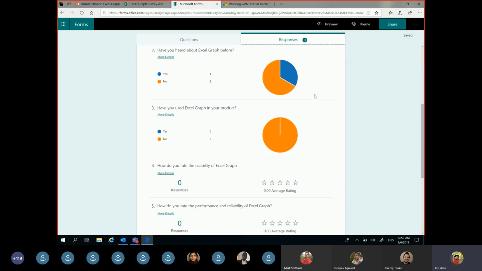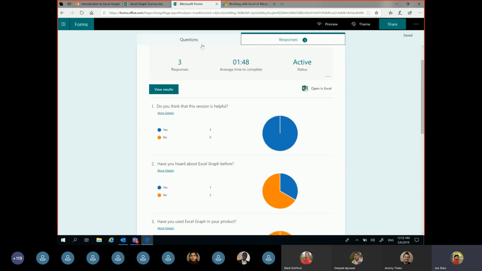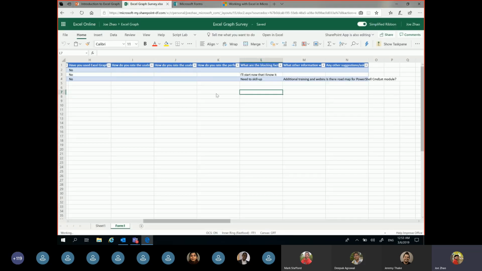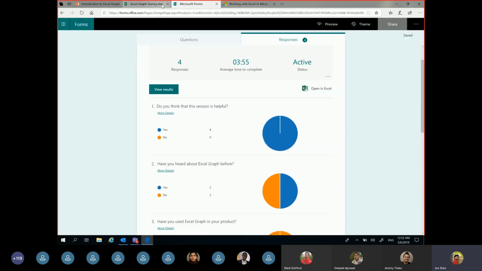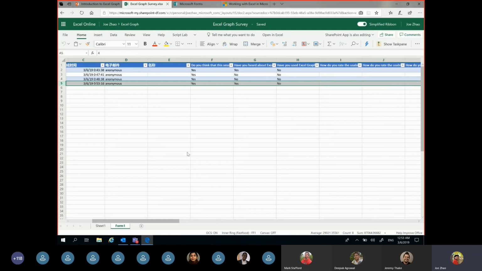Maybe we could get a bit more. For example, we have 4 here. Let's wait for several seconds. Yeah, we have this data here. This is the 4th one. That's a pretty simple scenario in our Excel Graph. Let's just use it to set the data to add a new table row. That's all from my